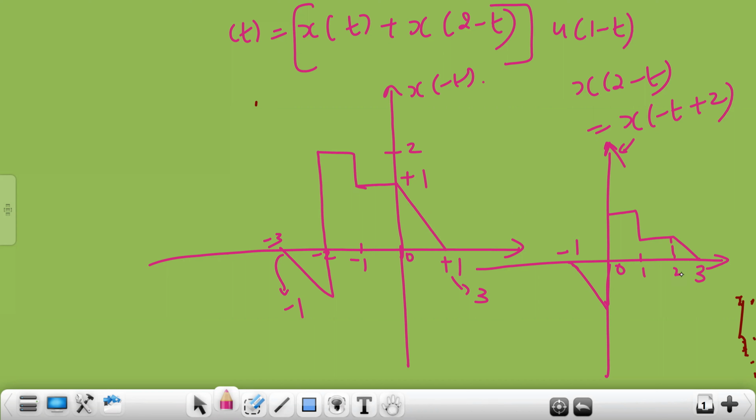So this is the signal that you obtained after shifting the same signal towards the right side by 2 units of time. Please remember these amplitudes are going to be the same. What is this value? This is -1. So this is x of minus t plus 2. Let it be figure number 2. Figure number 1 is your question, which is x of t.